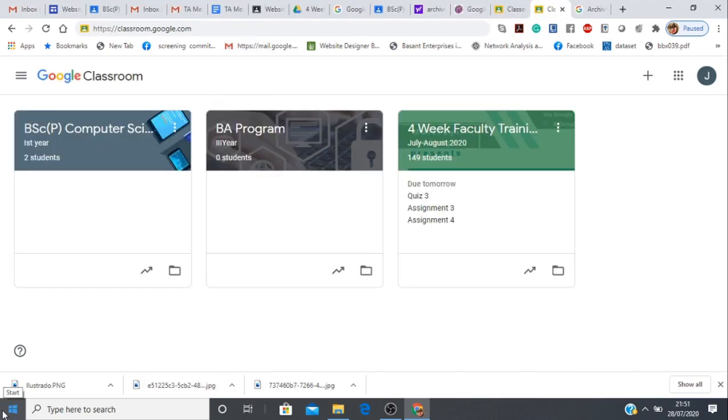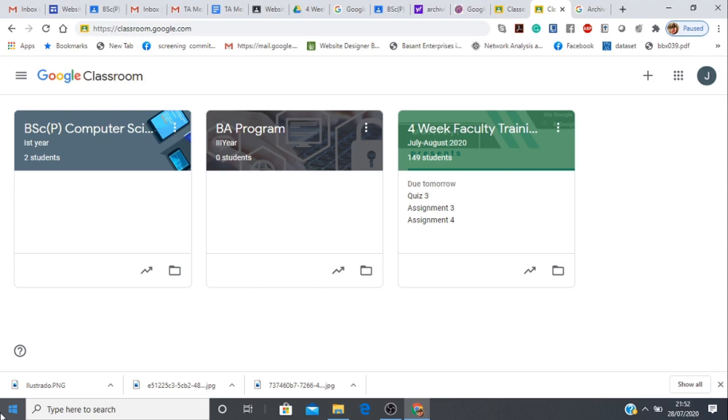Next, we will see the concept of archiving a classroom. Let's say it's the end of the year and we are done with our teaching of a class. Then we can archive that classroom, because when the classroom is archived, it's archived for all the students and co-teachers in the class. But if we don't archive the classroom, then the students and teachers will be able to see it continuously. So once we are done with the teaching at the end of the semester or at the end of the year for the paper, we can archive the class so that we can use it next year or next semester whenever it is needed.